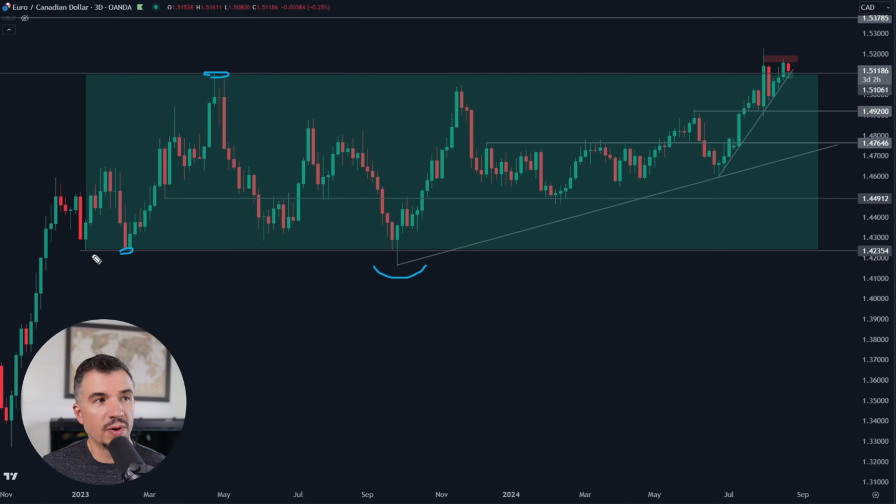Okay, so this was the range low down here. We got a sweep of that. This is the range high. We've now seen a sweep of this. Now, in my opinion, this is not a short just yet because we haven't seen the market break down from